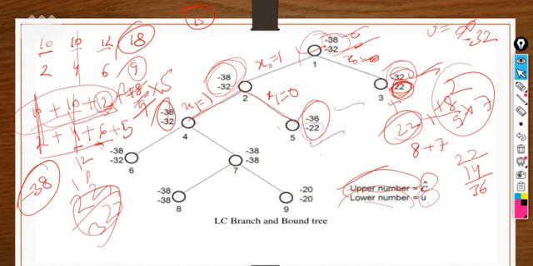But this minus 22 again is not less than minus 32, so we will not update it. We will kill that node and move to this node. We have to expand it further. So either we have to exclude it or include it. For the second, like the third object, either we have to include it or exclude it.